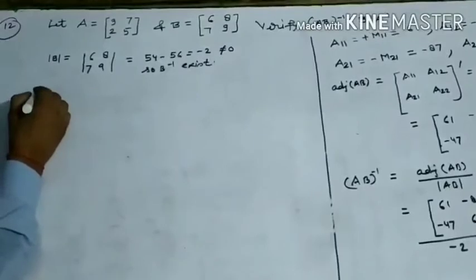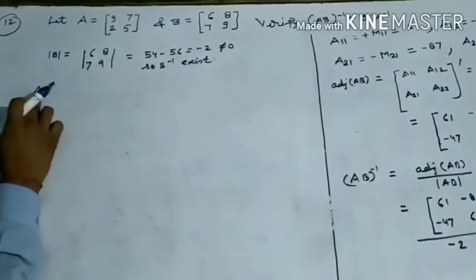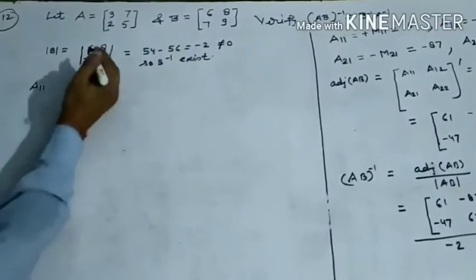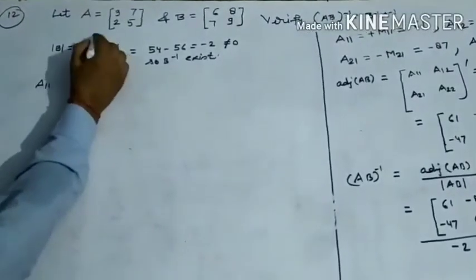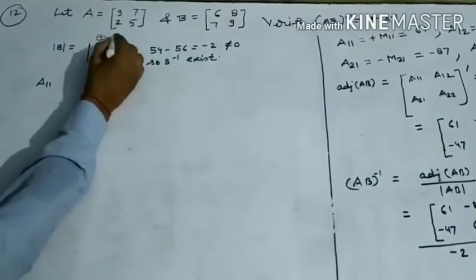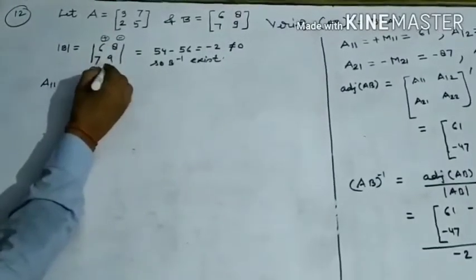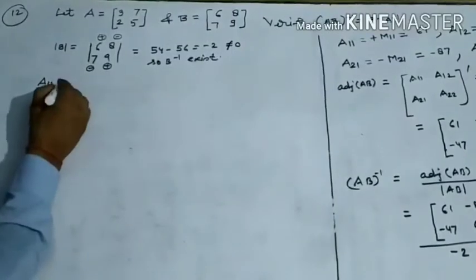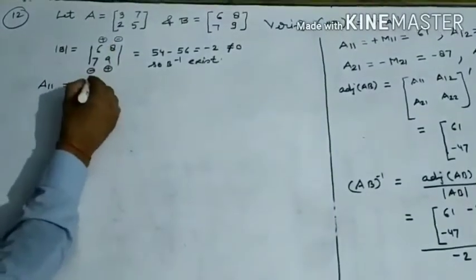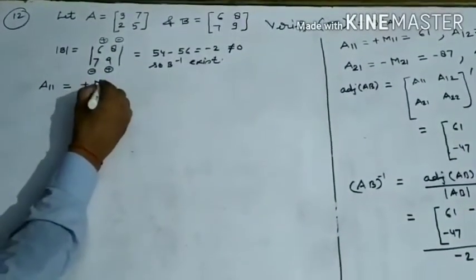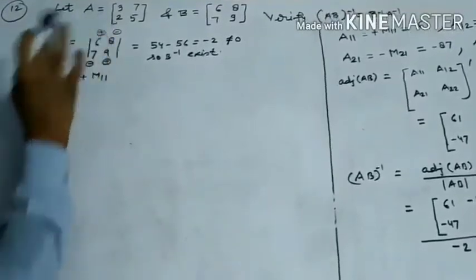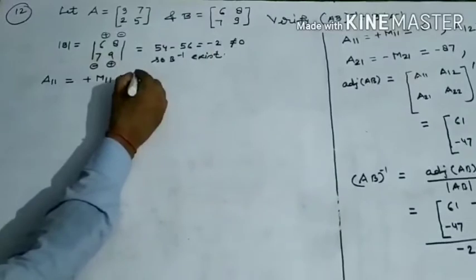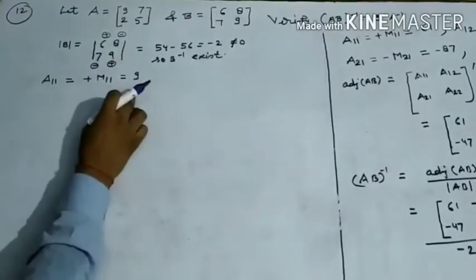So if A11 is the cofactor of the element which is lying in the first row and first column, meaning this is the 6. For that we are making the signs plus, minus, and then plus for calculation of the cofactor. So A11 has sign plus, and then the minor of the element of the first row and the first column is 6. So this is equal to, leave first row and first column, so what we will get is 9. So A11 is 9.